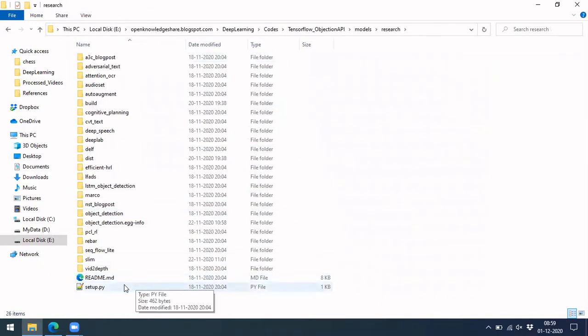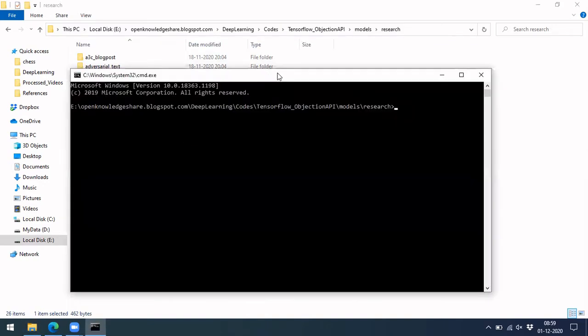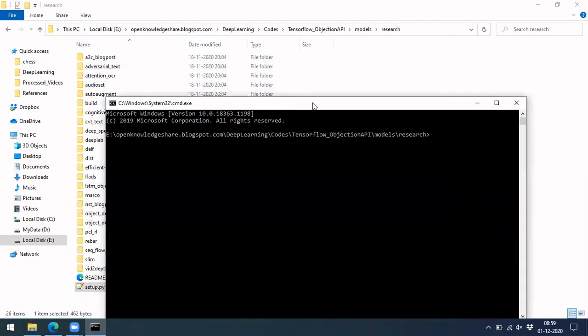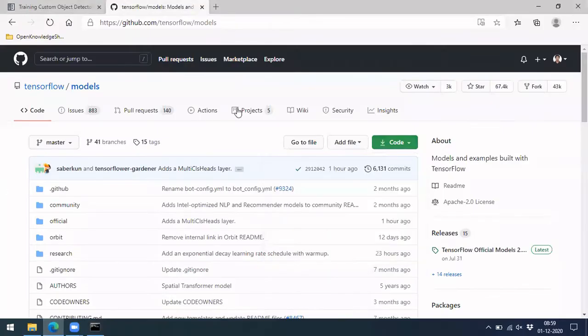The next step would be to do a setup here. In the research module there is a setup.py. Navigate your command prompt there, and then activate a conda environment within which you want to install this, and which has TensorFlow. Here I am using TensorFlow 2.2 version, which was recommended here.